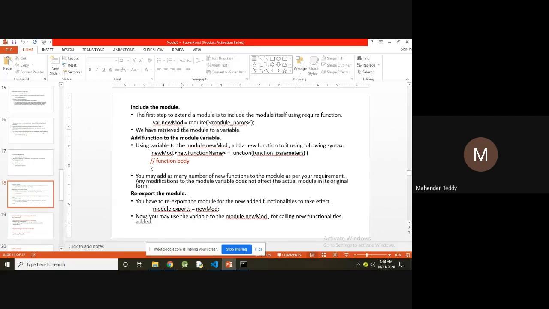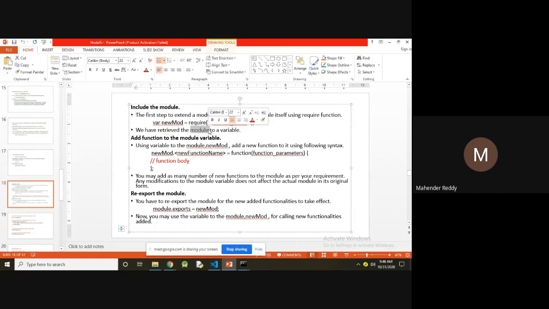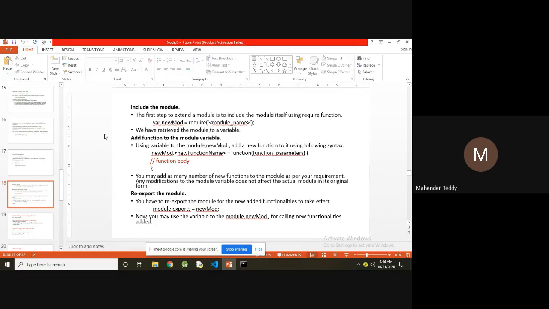With require, the module will be accessed from the file, and with the help of this object, this instance, you can access that module. We have retrieved the module into a variable. With the help of this newmod variable, we can access the module and whatever functions, methods or variables are available.